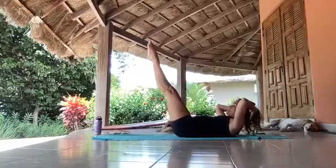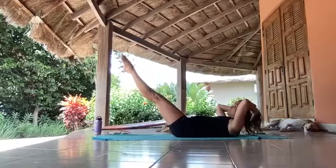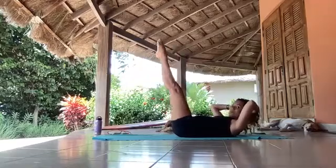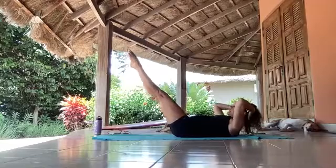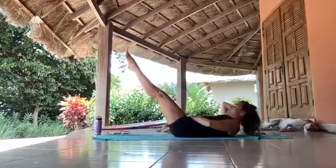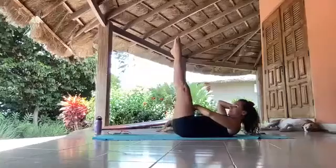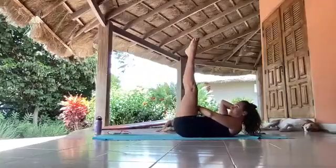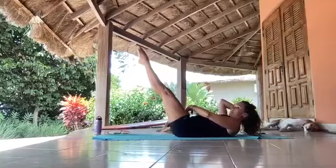So pelvis stays still the entire time as you lengthen your legs up. And then really pull from your low belly as the legs lift. 3 more, and then we'll add a challenge with the legs out. 2. Hold your low belly in, even if you need to bring your hands to your low abs. 1 more. And then let's let the legs go out to their point of control, hold, and then just little